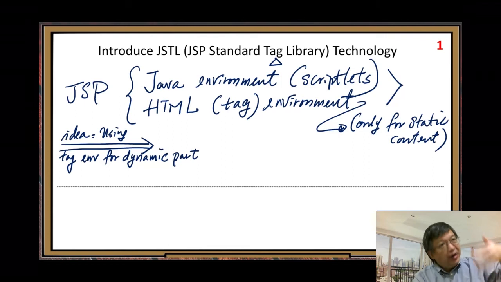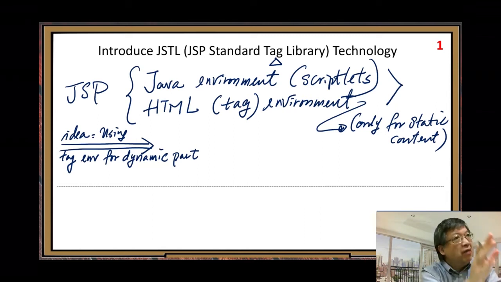So now the new improvement idea: create a new Java tag environment. That new Java tag environment can be used to do the dynamic content presentation. That's the main idea. So with that, this technology